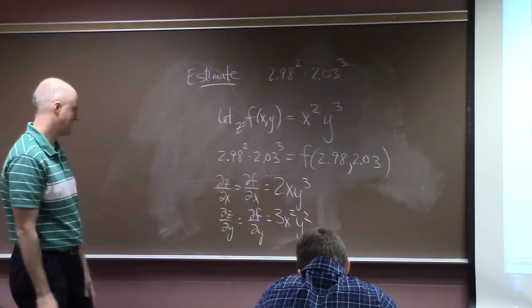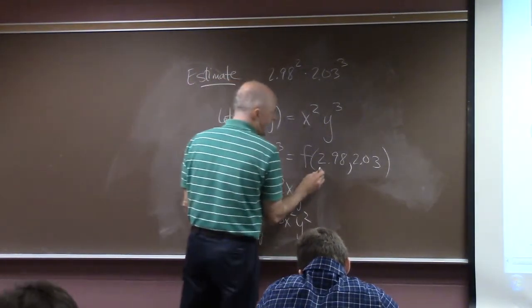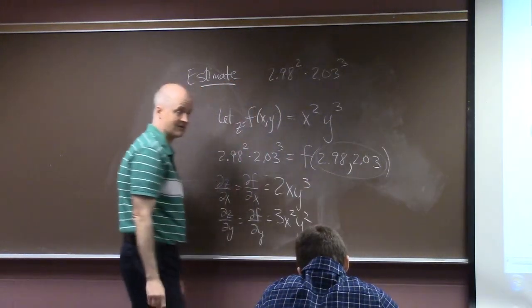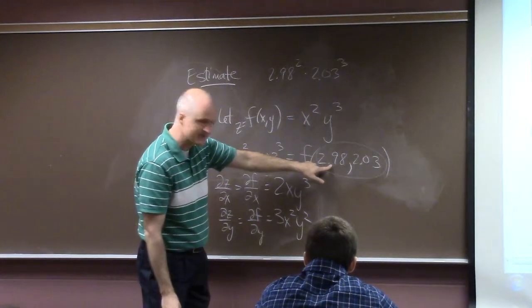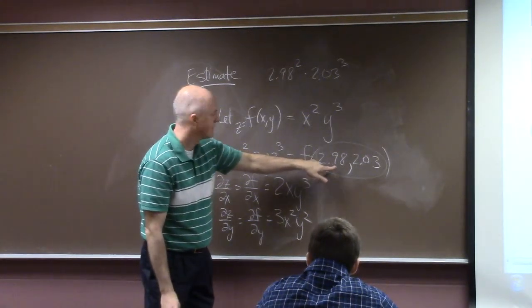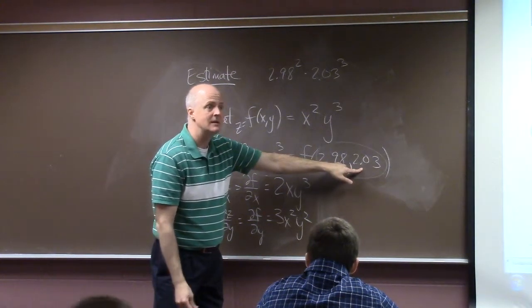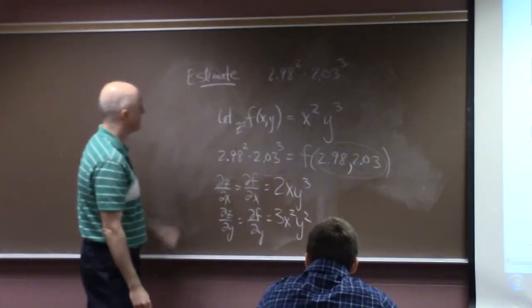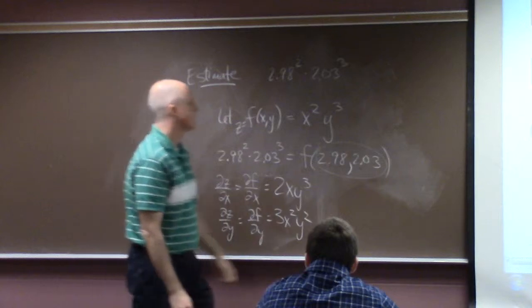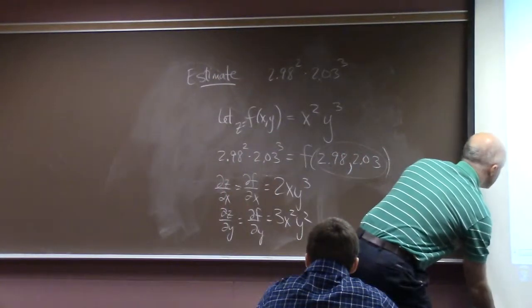You want to pick numbers that are close to what you see here, such that these things are easy to evaluate. For example, that's close to 3, and that's close to 2. Use those numbers, 3 and 2, to help you find this local linearization. The formula that's in the book that you use